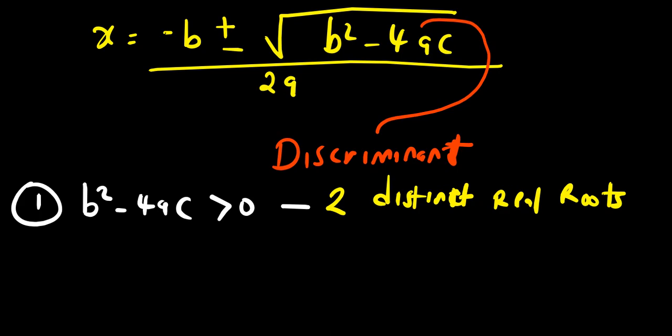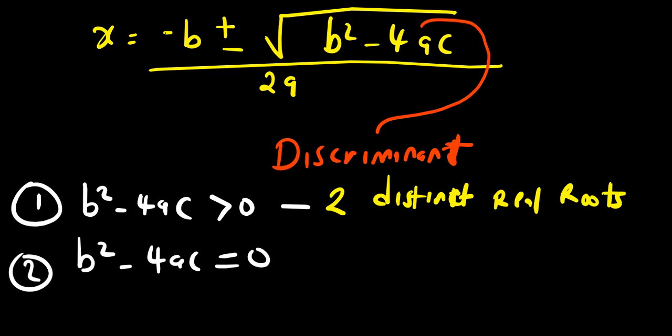Okay, you must know that one. Then what if we say your discriminant, which is b squared minus 4ac, is equal to 0? What are you going to conclude? This will just mean that you have one real root, only one real